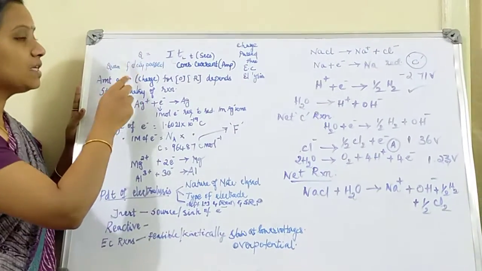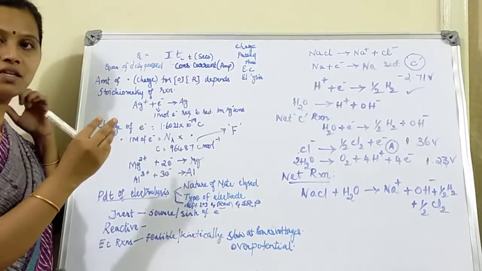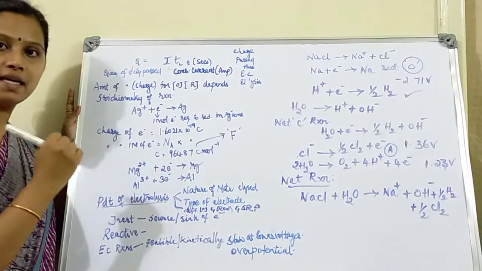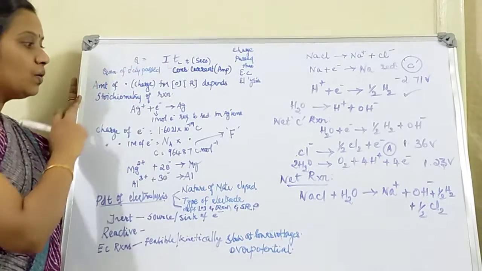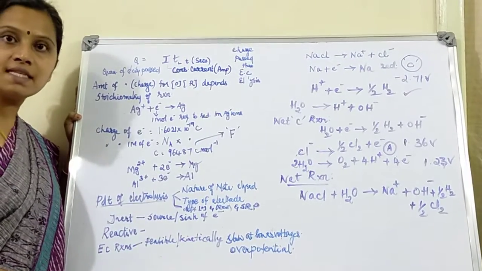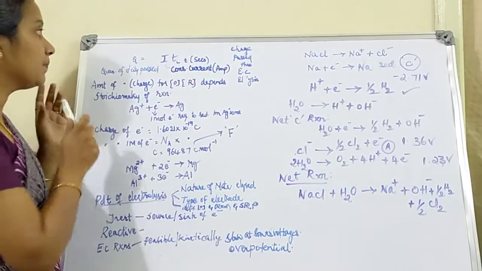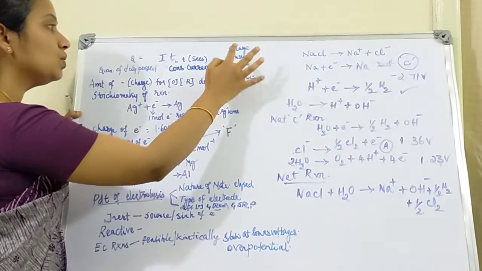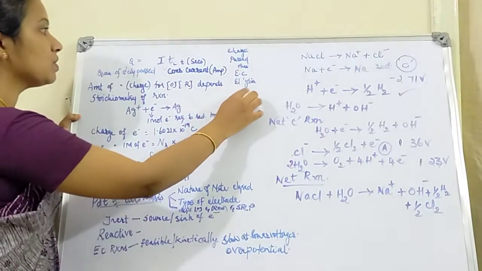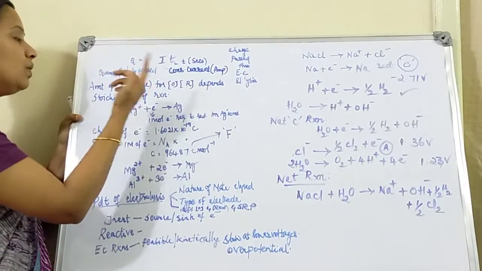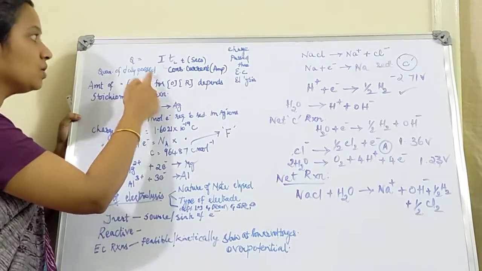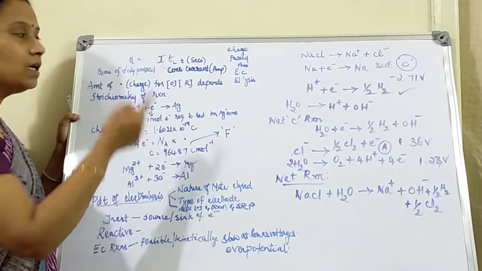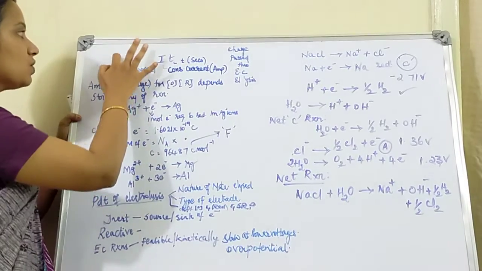Next, we have seen the first law and second law of electrolysis, Faraday's first law and Faraday's second law. Now we are going to see the product of electrolysis. What is Q? Q is nothing but the charge passed through an electrolytic cell by the process of electrolysis. Q is the quantity of electricity passed, or quantity of charge passed, to the electrolytic cell. What is the process? Electrolysis. So that is called Q.